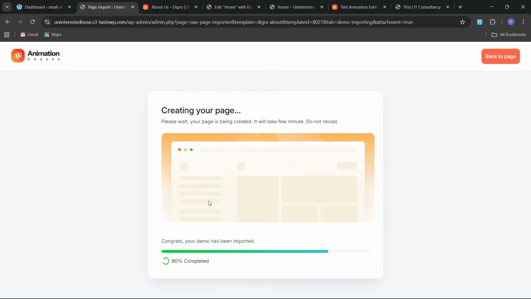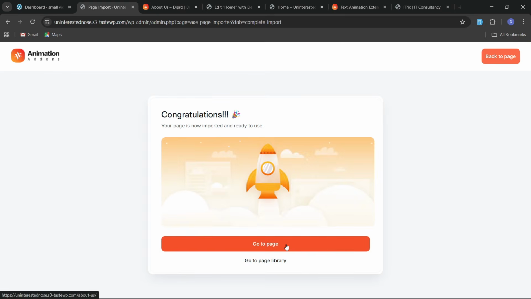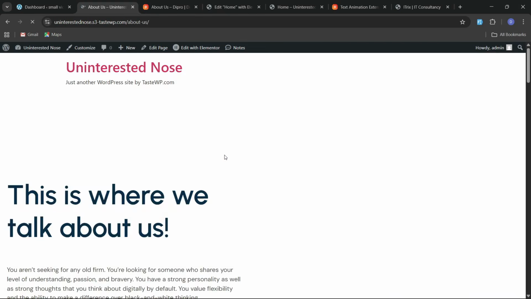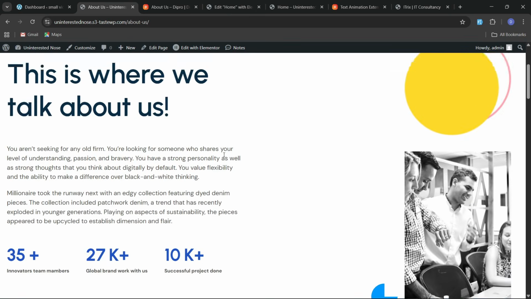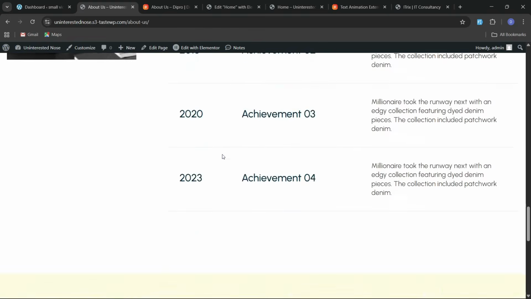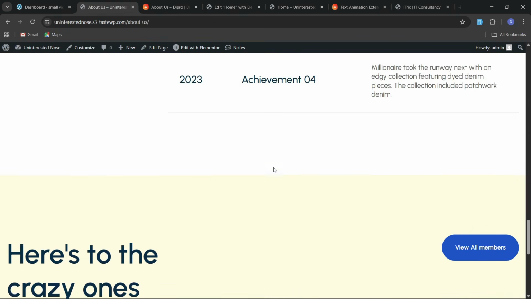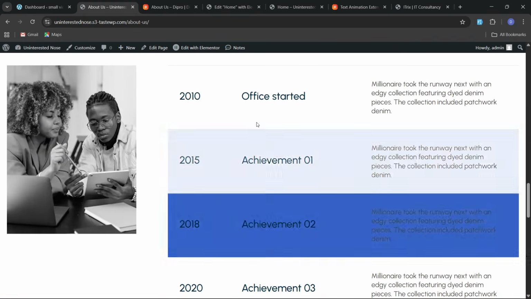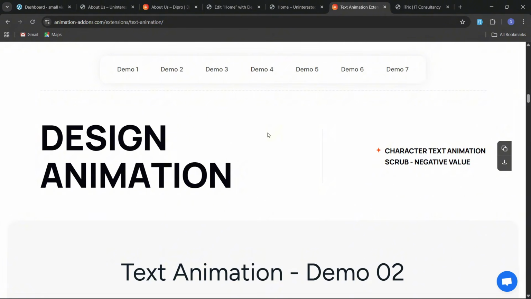I think in the free version you are getting so many widgets, and also so many pre-built pages and pre-made templates. If you don't want to buy the pro version, you can check out all of these pages. You can see these pages are fully imported and you can use them by fully customizing them according to your content. But if you want the full-fledged features of this plugin, then you should buy the pro